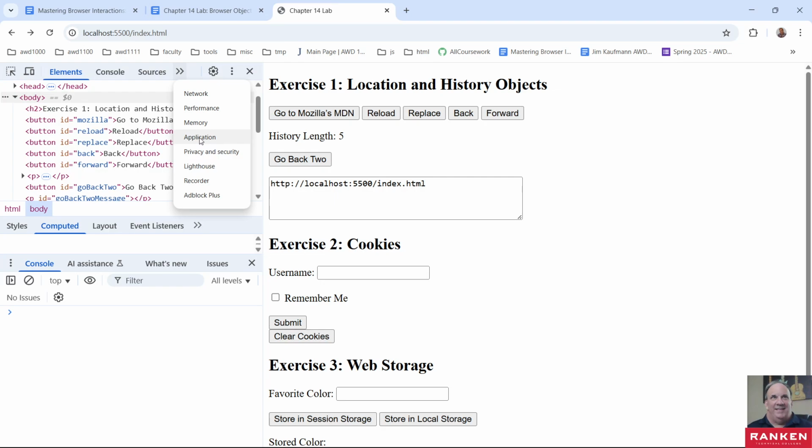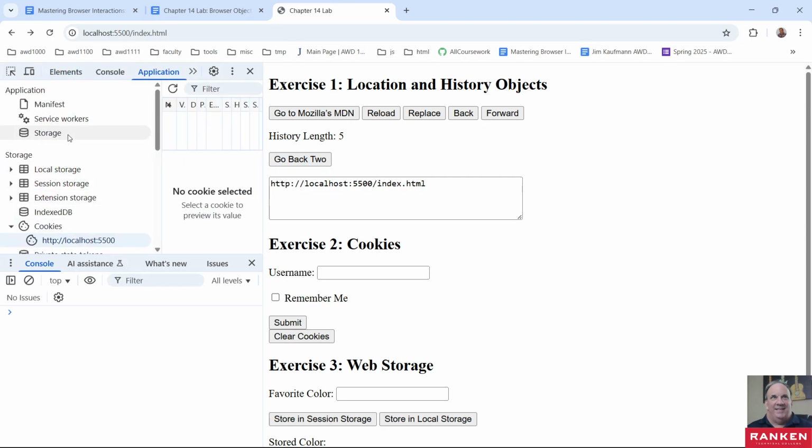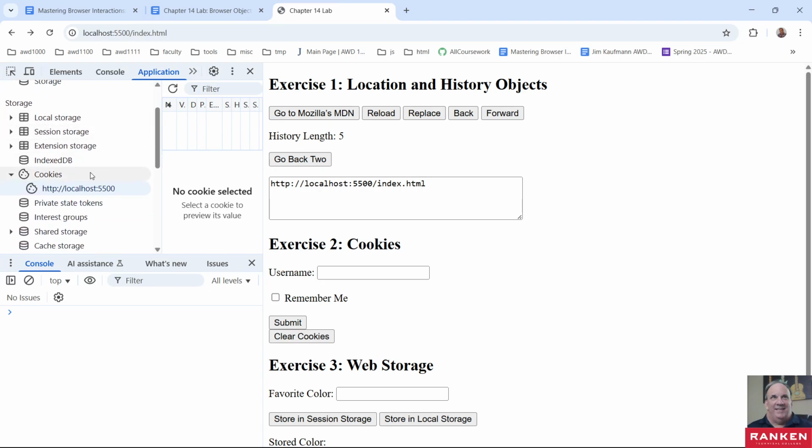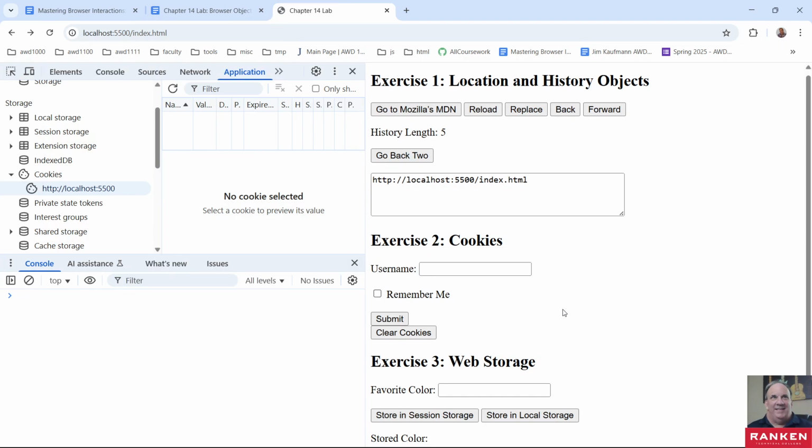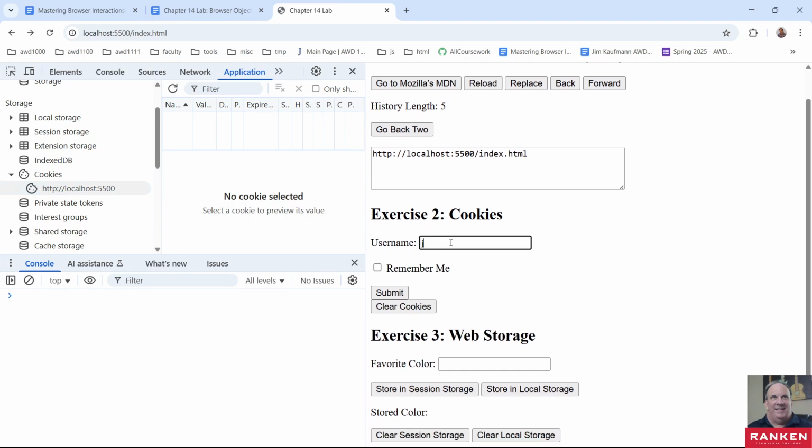You want to choose Application. Then on the left-hand side you'll notice you've got different kinds of storage. Right here you've got a cookie for this site. This cookie is empty, there's nothing in here. Now, if I put my name in here and hit Remember Me and click Submit,